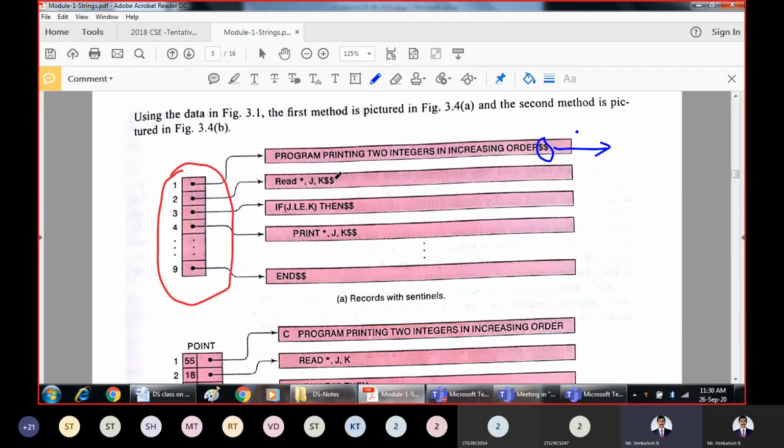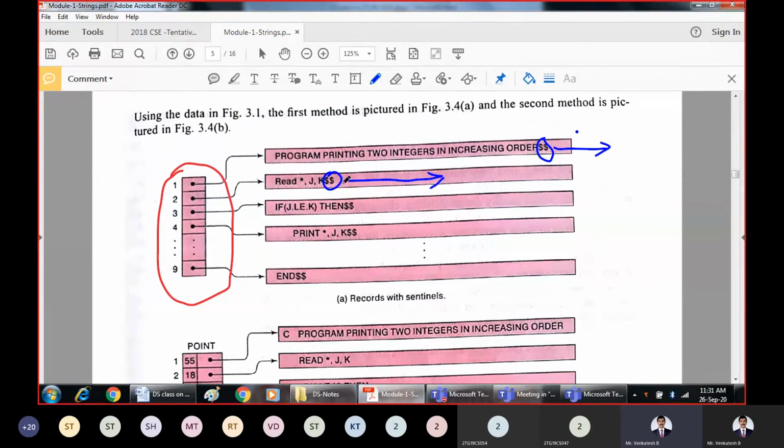When you see this line, at the end I have included $$. So what does it indicate? It indicates the end of the string. So when $$ appears here, you need not search the remaining columns. Why?